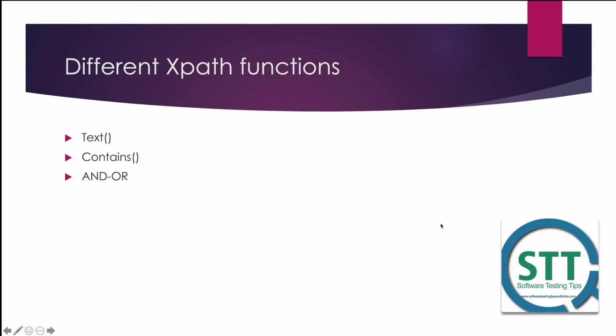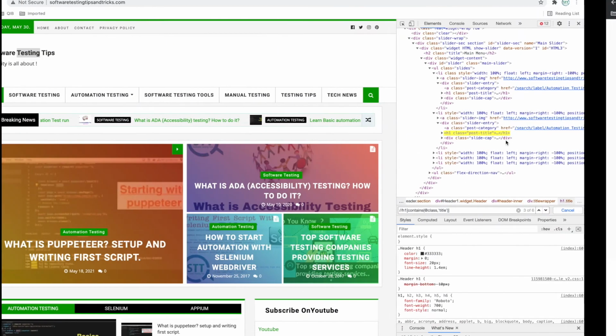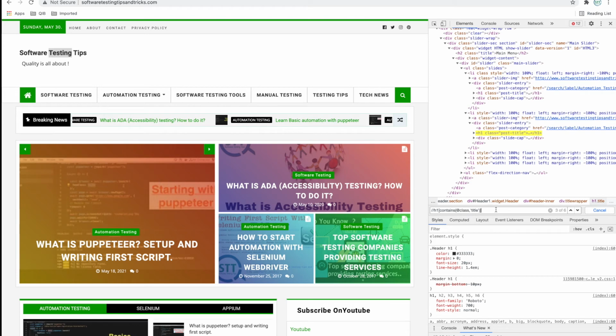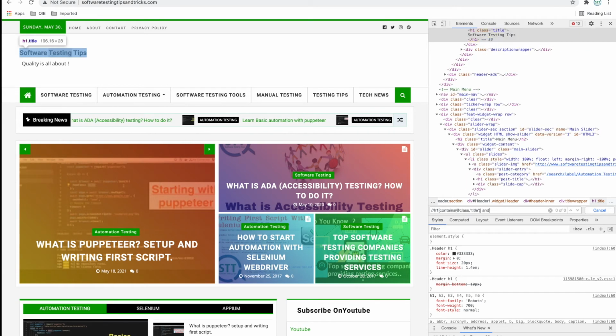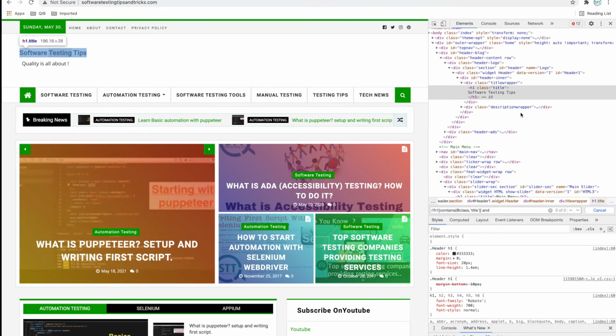There are also and, or. If you want to mix two XPaths, then you can use and, like this one should also match and the second should also match. I don't have an example now, but you can use and with some other condition as well.